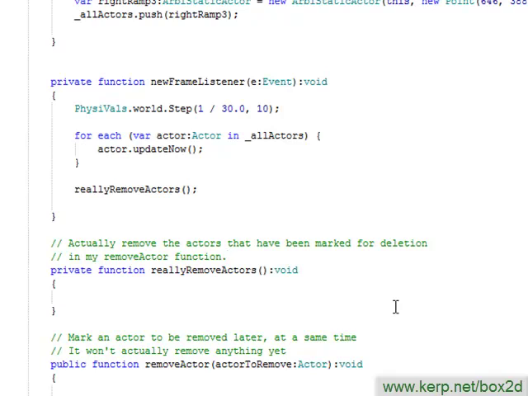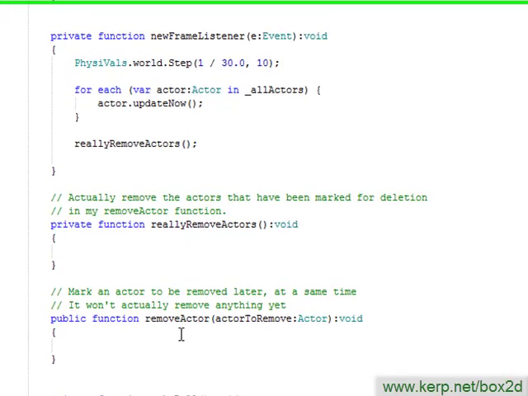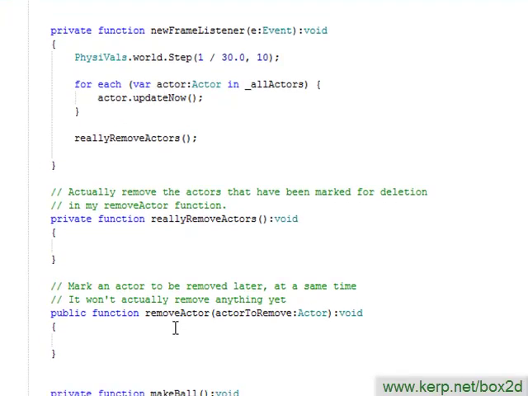So to summarize how this is going to go, at any point I'll be able to call remove actor from my contact listener, from my main class, from the actor itself. The idea being that I want this to be a safe function. I won't have to worry about whether I'm at the right point in my processing to remove the actor, because this is the safe way of removing an actor. In fact, just to remind myself that it's safe, I'm going to call it safe remove actor,